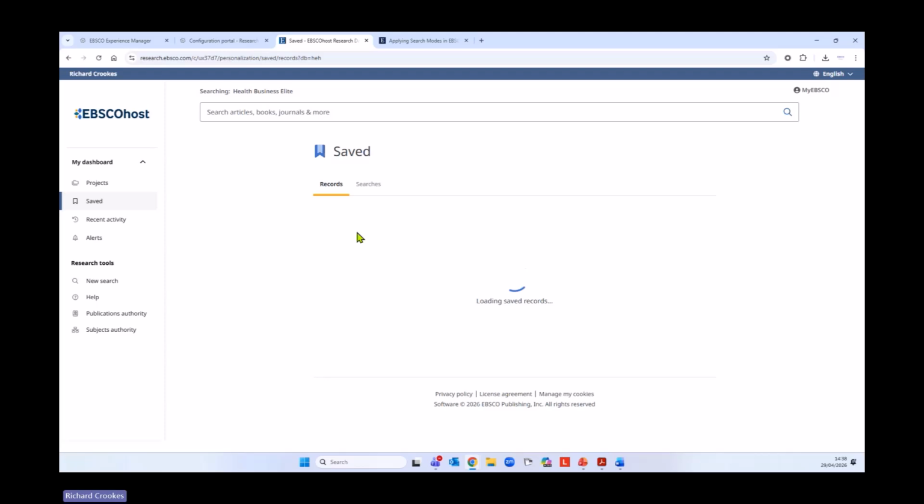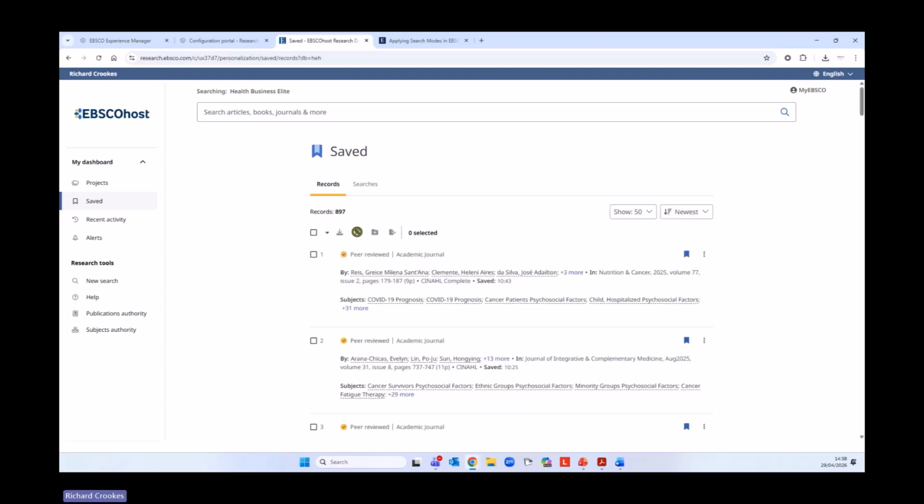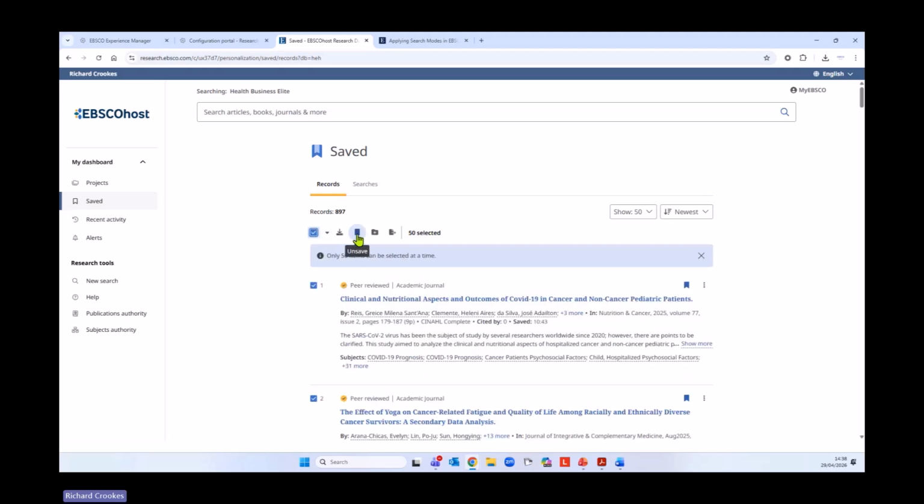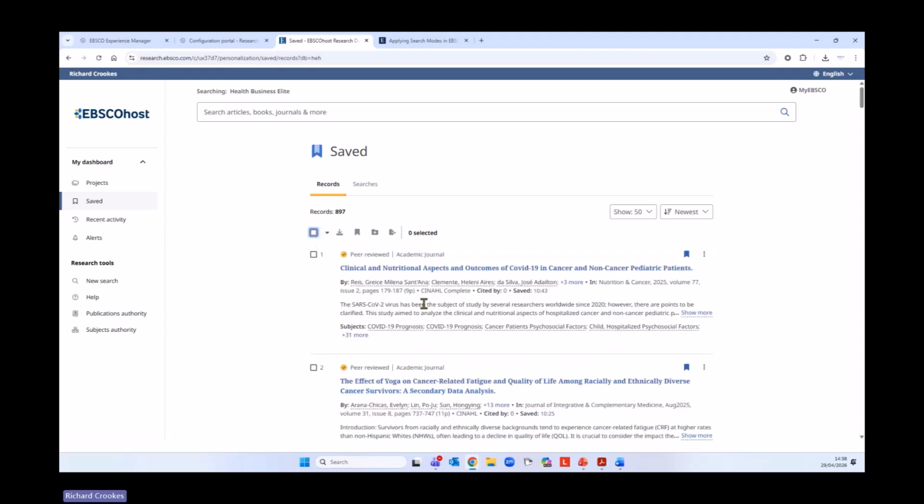So there are options to unsave records that are already saved, as you've just seen. The bulk delete option for this is coming, I believe. So again, at the moment you can do 50 at a time. Now another thing you can do with saved records is, and I'm going to go for the oldest,